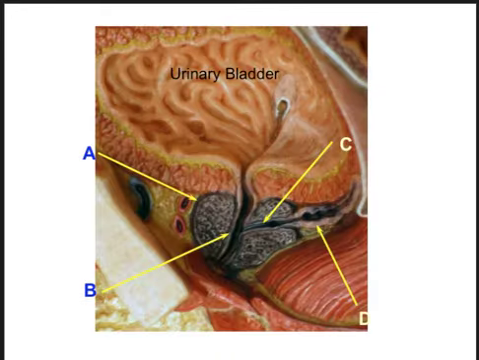Okay, this is a zoom up here, and what you're looking at is the male reproductive system. Specifically, we're zooming in on the area just under the urinary bladder. A is indicating the prostate gland. B is the prostatic urethra. Notice that the prostatic urethra runs through the middle of the prostate gland, and the danger, of course, with this